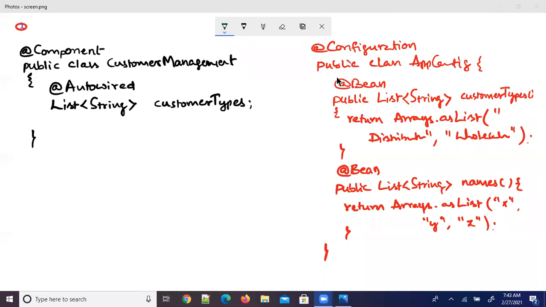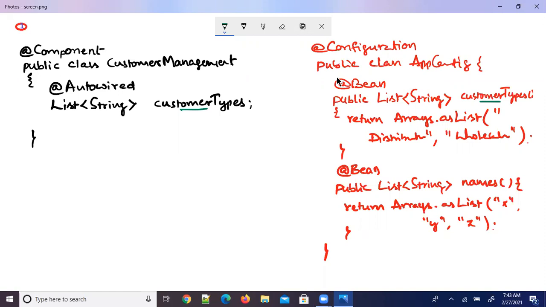So this list is registered with that name. Are you getting my point? So now, your customer types name is matching. Now this list is injected by autowiring. That is what I'm trying to say.